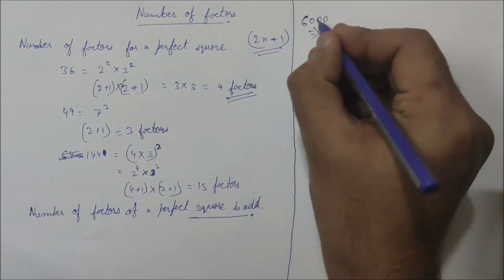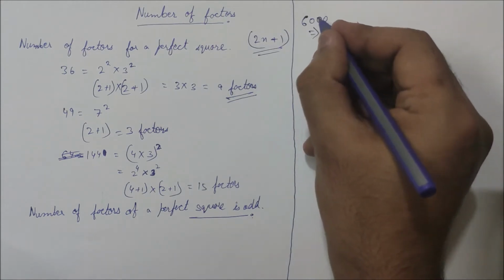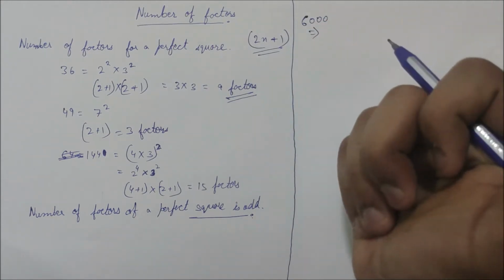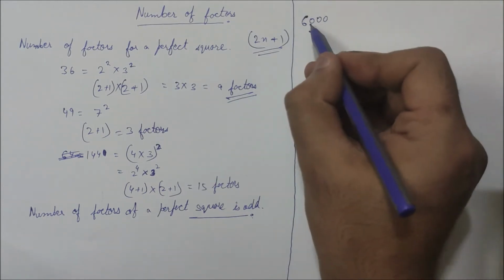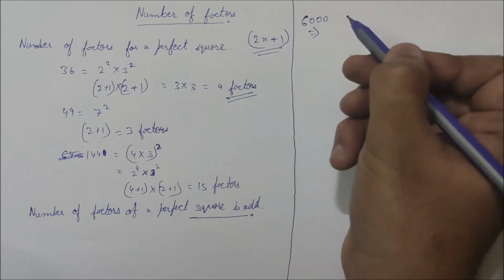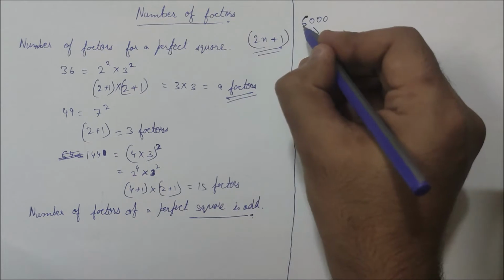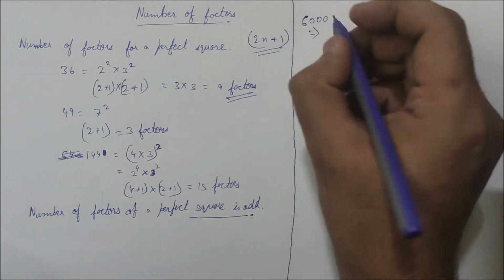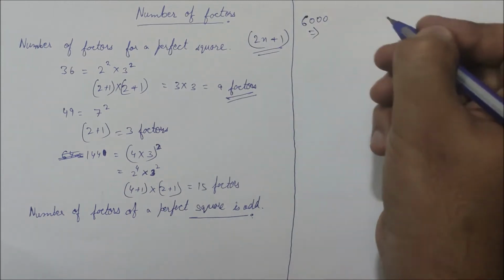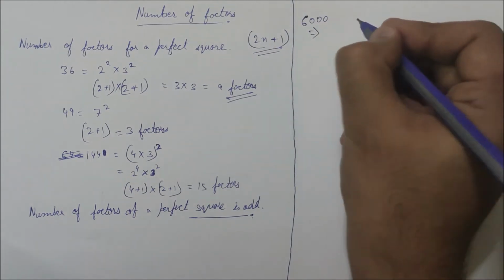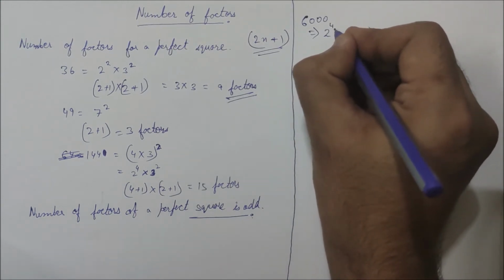So 6000, if I try to factorize it in the first place, let's take the power of 2. It is divisible by 2, it is divisible by 4 because the last two digits are 0. By 8 also it is divisible because the last three digits are 0 itself. By 16 I need to check, and since it is 6000, it would be divisible by 16 also. By 32, I don't think so. Let's see if it is. I'll just add another 2 at the end if it is divisible by 32. So for now I know for sure that it is divisible by the fourth power of 2, that is